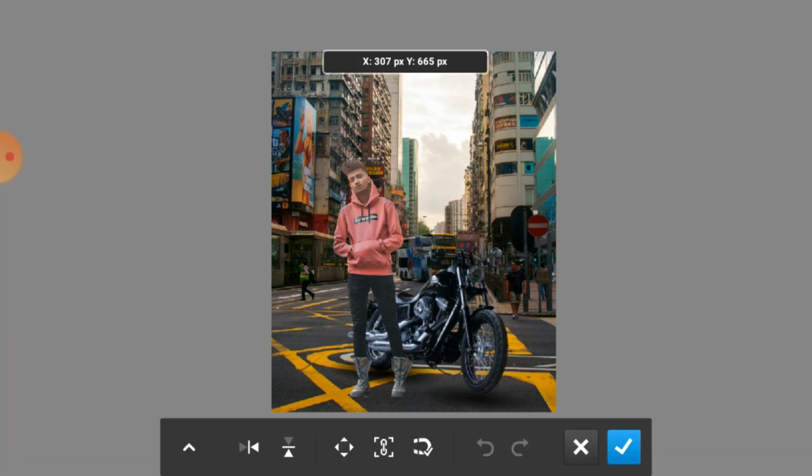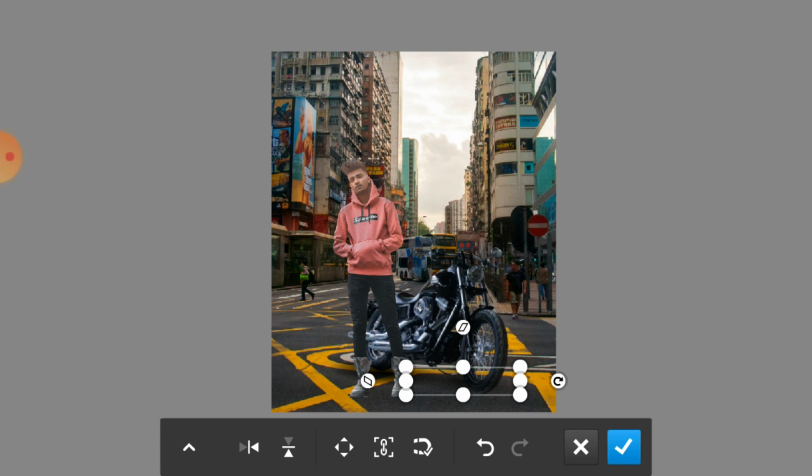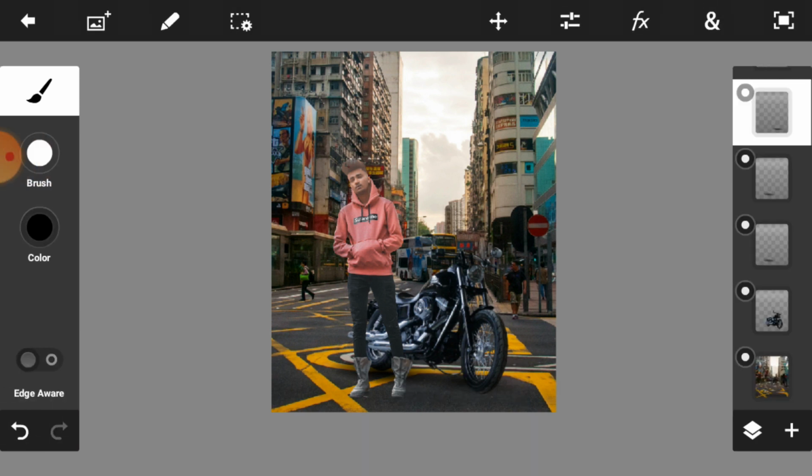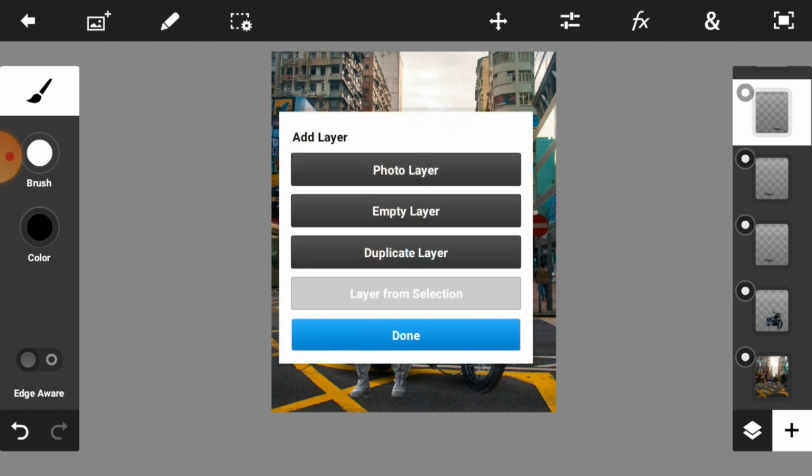Now do the same process with your model. Just duplicate your shadow image layer and simply place the shadow in your model image, behind your model image. So simply press it.